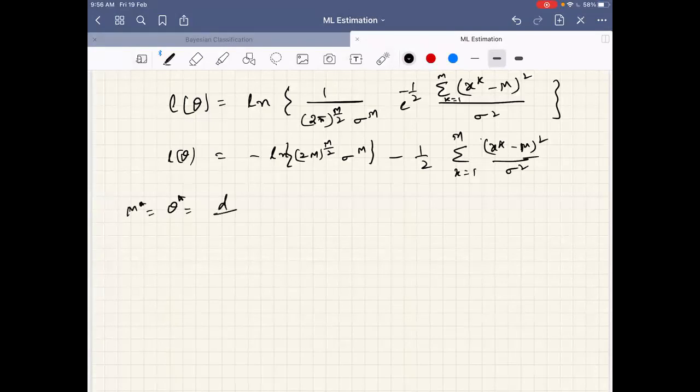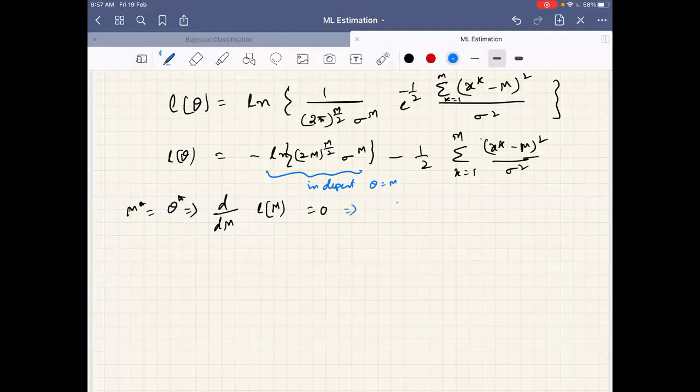What theta star, or mu star, I want to find. How do I find? d by d mu of argmax I have to do. d by d mu of L of theta, or L of mu, is equal to 0. For doing this, the first term, as he said, we can neglect because it is independent of mu. If I want to find sigma square also, I can't neglect it. Please note that. Because here I only want to find mu, I am neglecting it.